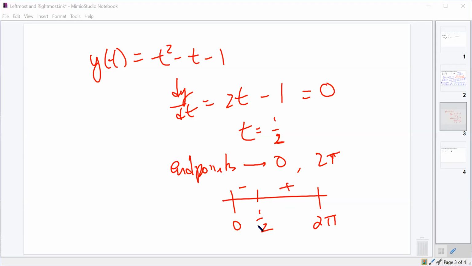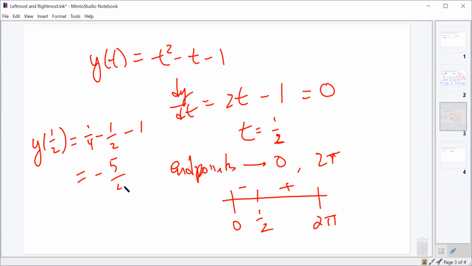And our highest point should either be at 0 or at 2 pi, and we'll have to figure out which one of those is larger. So y of 1/2 equals what? 1/4 minus a half minus 1, which would be negative 5/4. So that should be our lowest point. Our lowest point should be x of a half,